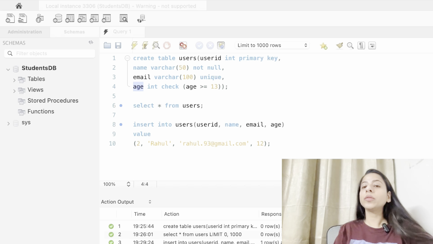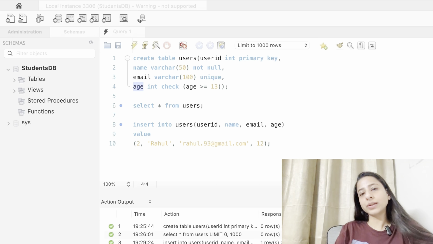Second is inserting wrong data types. Let's say your column data type is too flexible. Say for example, for age, you define it as varchar instead of int. Then you might end up storing anything in there, even invalid data. That's why defining the right data type for each column is so important.